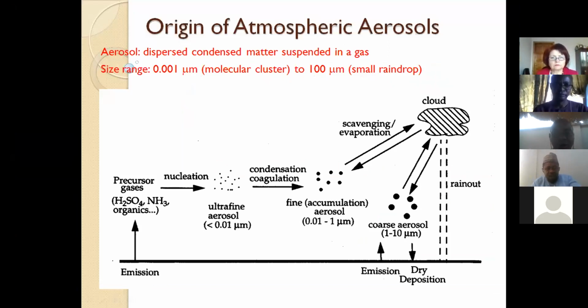So the natural aerosols are the ones that don't have any influence of man, while the anthropogenic ones come from the activities of man, burning bushes, raising dust, and the like. These are just the reactions it undergoes. The fine aerosols are the anthropogenic, man-made ones, like flames, while the coarse ones are dust, sea dust, sand dust, and even volcanic eruption.